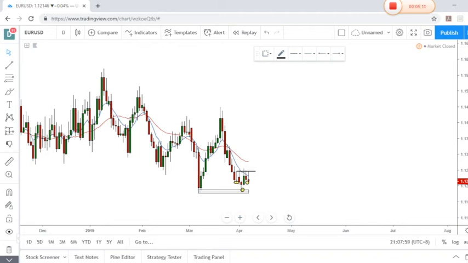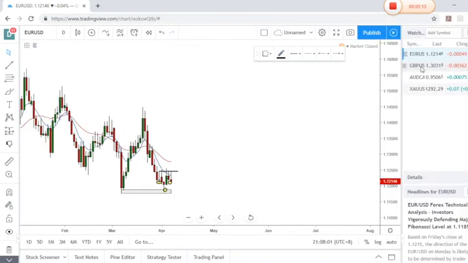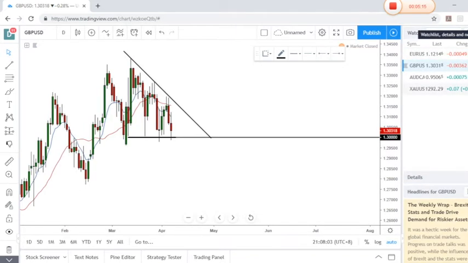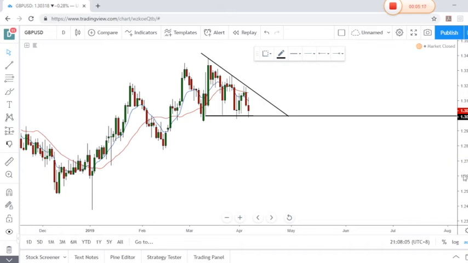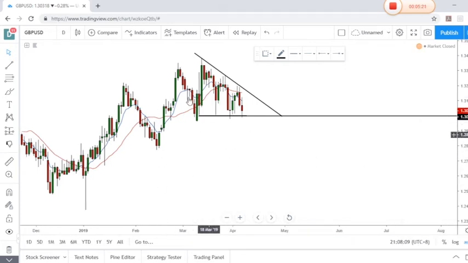So that's for our EUR/USD. Next up we will have GBP/USD. On the daily chart, we can see that this price has been trading in a pennant, where we can see there's a